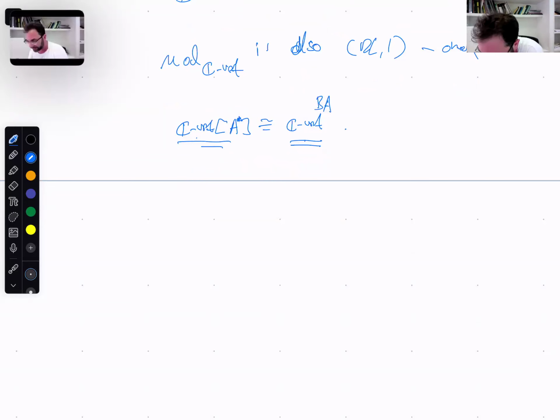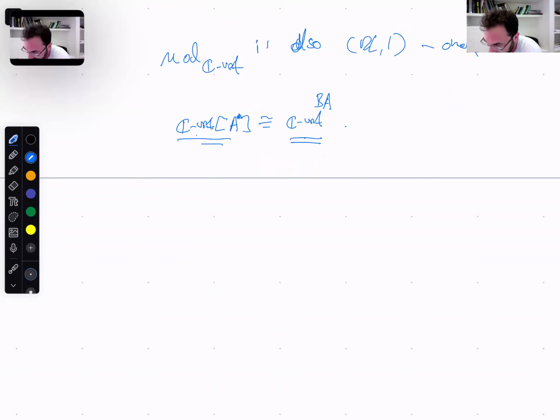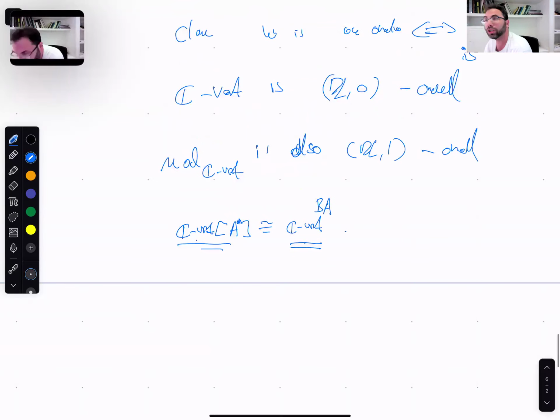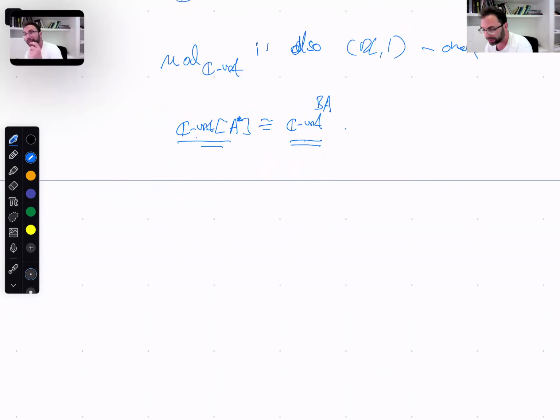So we already know this, but you can ask the question in larger generality. You can say, well, wait, there are more spectra than just ones which are Z modules. Generally speaking, for a spectrum that lives between 0 and 1, the largest possible structure it can have is a module over the one truncated sphere. So we can ask whether or not C vector spaces is oriented with respect to the one truncated sphere. Or even more so, does this orientation extend? And the answer is no. So it does not extend,